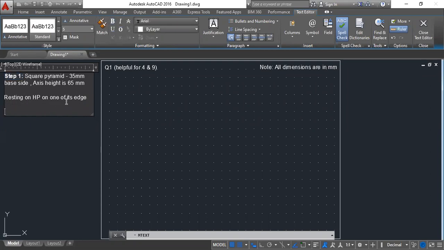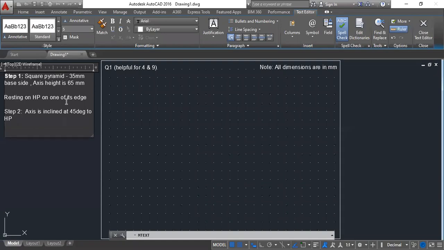Now coming to step 2. They are saying the axis is inclined at 45 degrees to the horizontal plane.